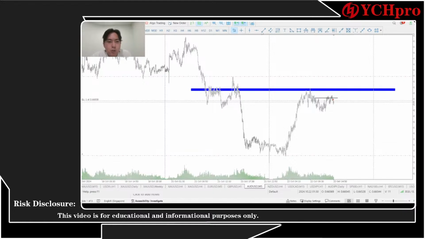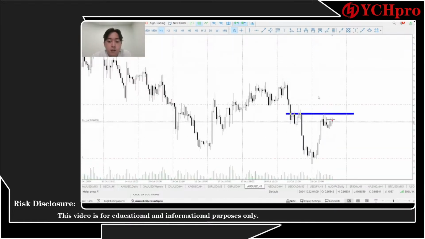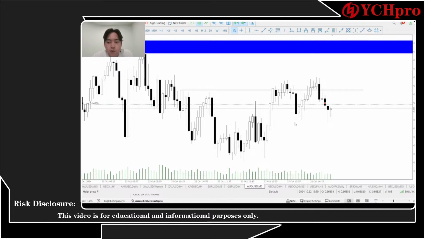If the price really does break through, I'm thinking that I might be wrong. The price might be showing signs of going higher. But if I'm right, this might be the highest point, and the price will eventually go to the lower sides from this area. So this trade is actually a bit risky, but I'm thinking that the risk reward ratio is quite great. So let's see how it turns out. Okay, waiting for the price to displace on the downsides. If the price really gives us a strong displacement on the downsides, then I'm thinking that the price will be going lower.